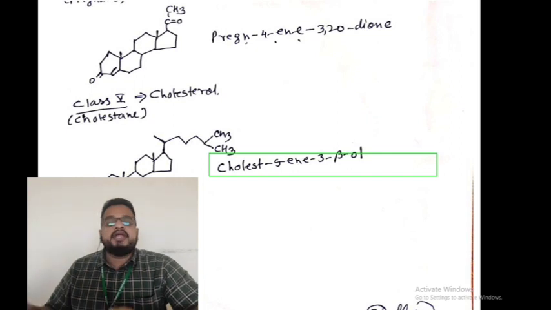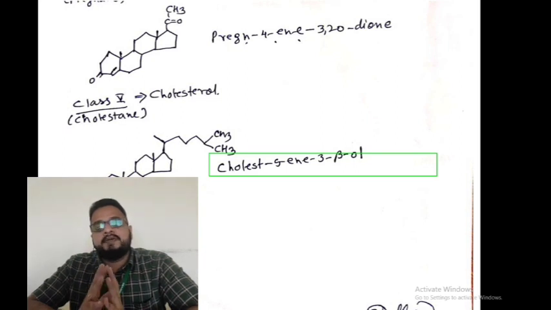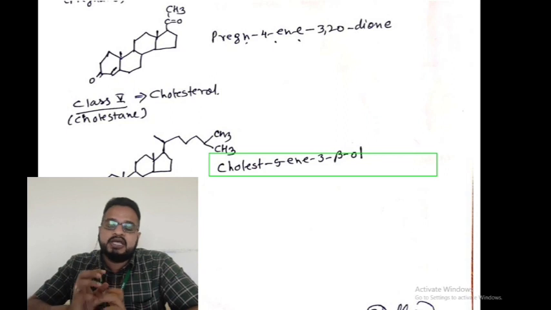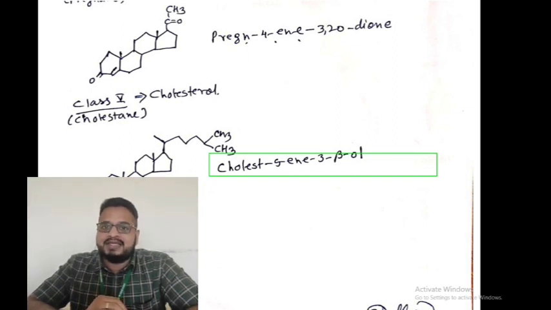Okay, so this is the way you can name the various steroidal rings. Please do practice so that you will understand how to name the ring structures. In the next lecture, we will discuss the basic chemistry and especially the stereochemical aspects of steroids. That is the most interesting part in the steroidal ring. Till then, thank you.